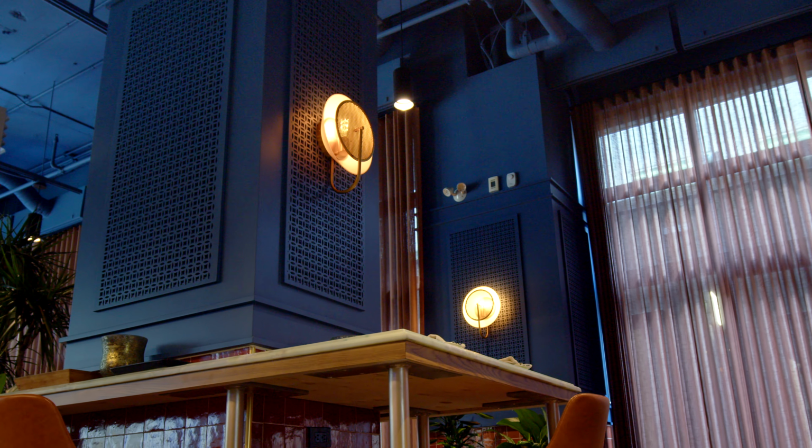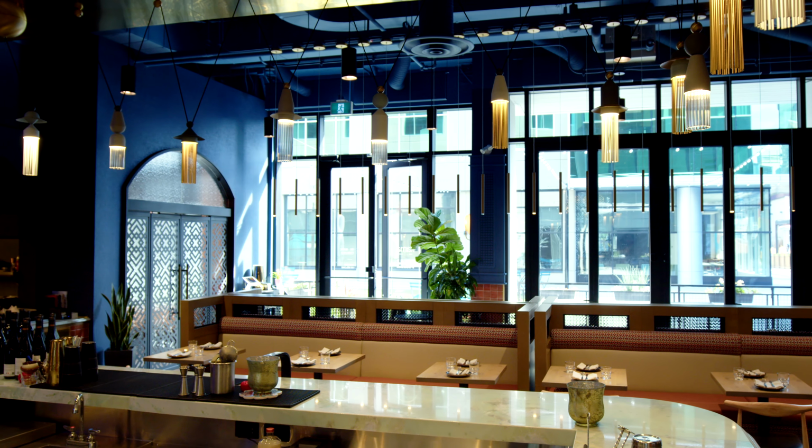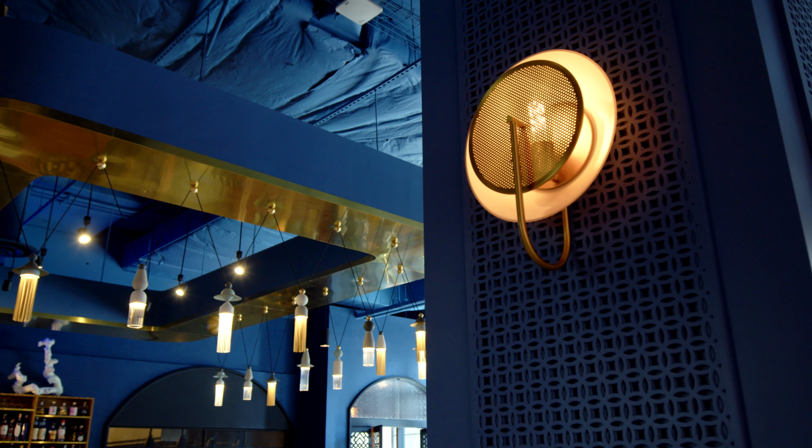And so there is a lot of different types of lighting in here. Of course, I have mentioned the bar. We love the tasseled lights above the bar. That was really intended to ground the space. That's the nice thing about dropping lighting from the ceiling, is you're creating a delineation. So again, you can do that with walls, you can do that with furniture, but you can also do that